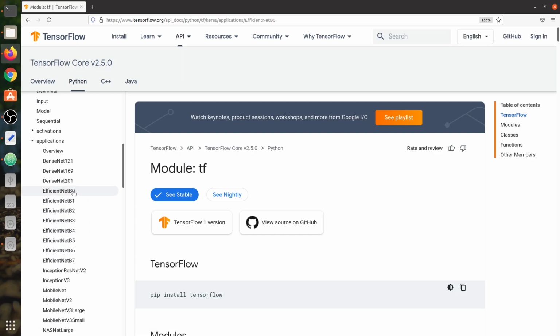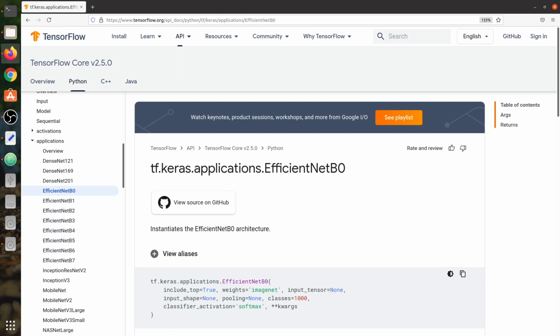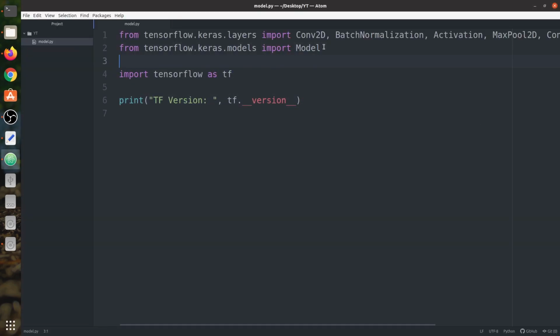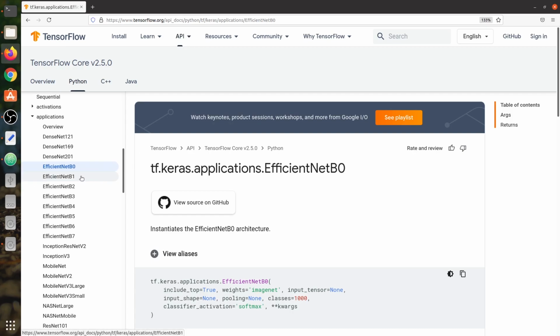We start with B0, and we are going to import this EfficientNetB0 architecture and use it as the pre-trained encoder. So let's import it. Okay, so we have imported this EfficientNetB0 architecture, and you have 7 more remaining.